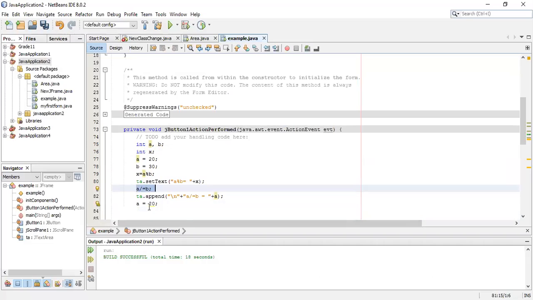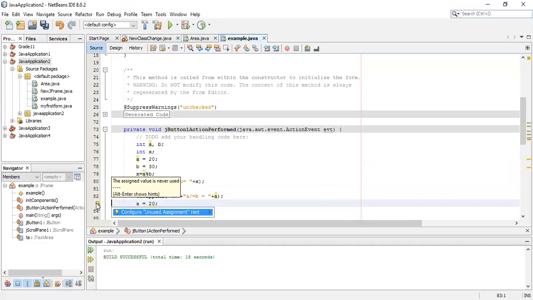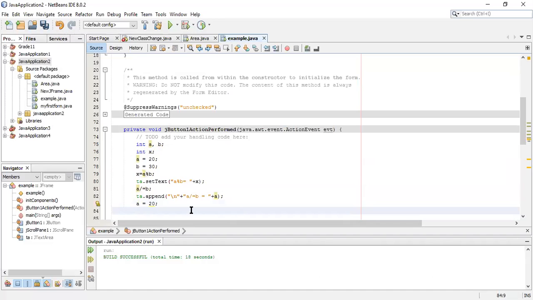So we have to change that back into 20. Then we have to write the expression: A plus B star 100, and then the answer is to be divided by 10,